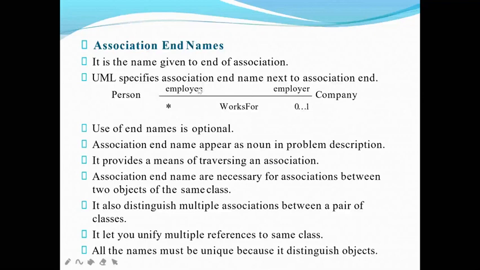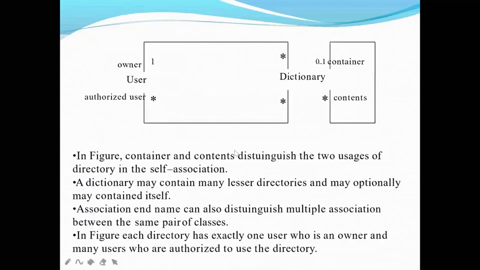So both the objects are there in your same class, but if I traverse it, then there will be a two-way relationship, and this two-way relationship is provided by your association end names. That's the reason we have to use the concept of association end names. Okay, so if I move to one more slide, you can see here a little more difficult thing has come over here. You need to understand. Before that, I will tell you one more example also.